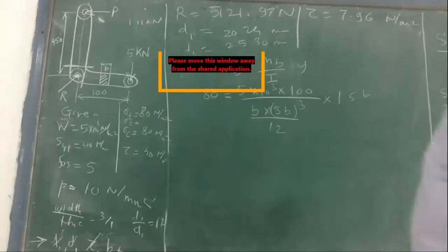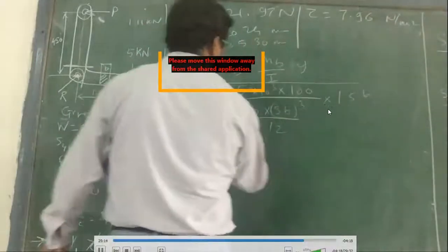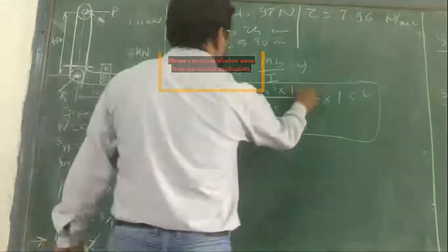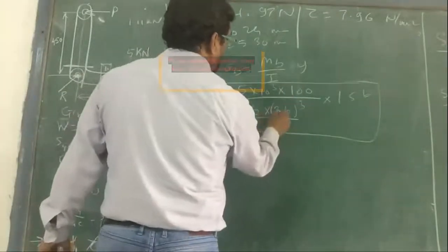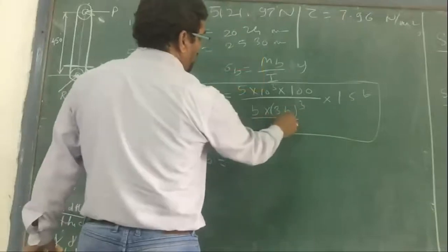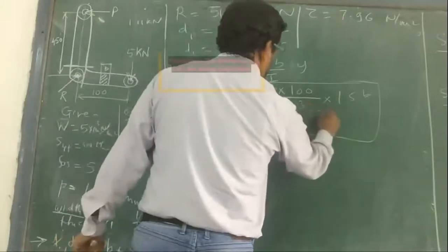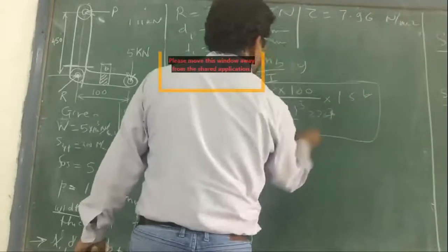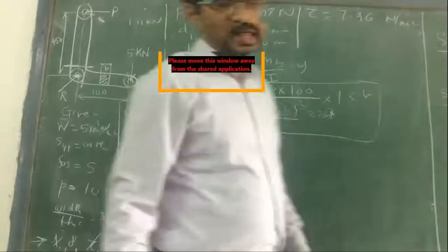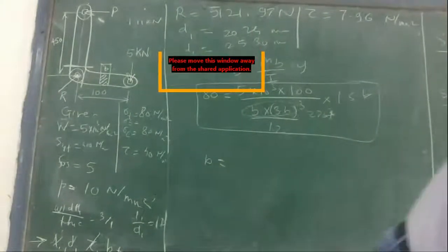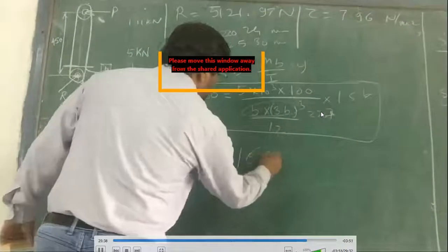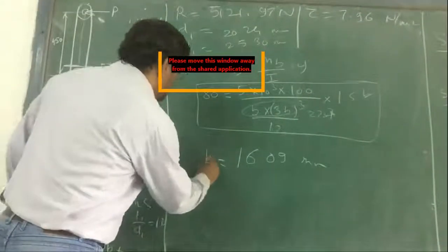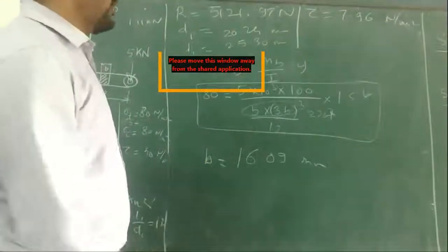So now we will try to solve this equation. We will get in terms of b. Now this will go up, it will be multiplied. This will be 3, 9, 27 b raised to 4. So this thing will be 27 b raised to 4. This will cancel, this will be b cube, this will go up, and ultimately we will get the answer for b as 16.09. So we got the thickness of this thing as 16.09.